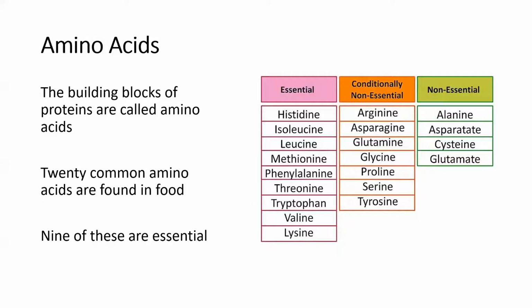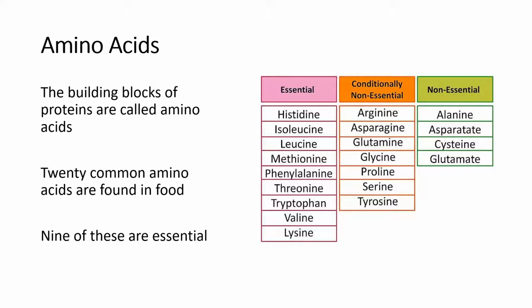Next thing we'll talk about is protein, starting with amino acids. We talked about this with muscle protein synthesis. This is where we get those amino acids from. Our body can formulate conditionally non-essential and non-essential amino acids. So our body can put those together. Doesn't mean that we don't need to consume them, but our body can put them together on its own. However, essential amino acids cannot be produced within our body. There are 9 essential amino acids that we must consume within our diet in order to have proper function.